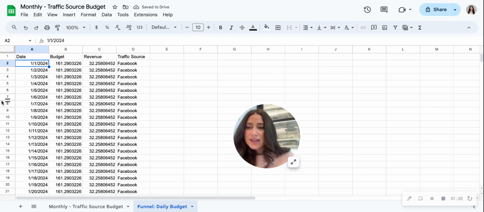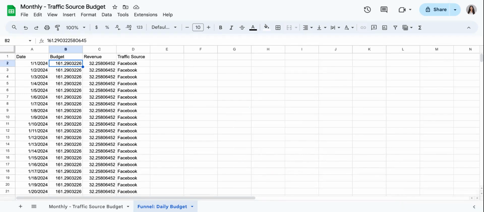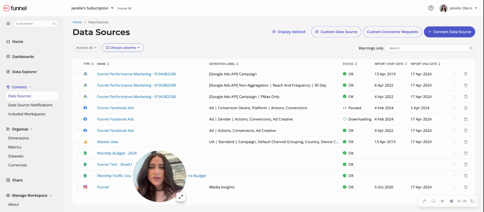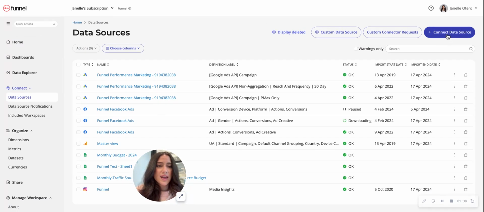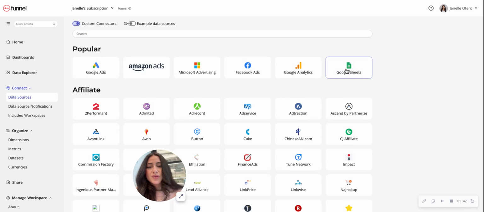And as you can see here, the budget data has been broken down by daily level, and the same with revenue. And with that, it's ready to be imported into Funnel. So let's take it over there. Share this tab instead and connect a new data source. Then you would go to Google Sheets,